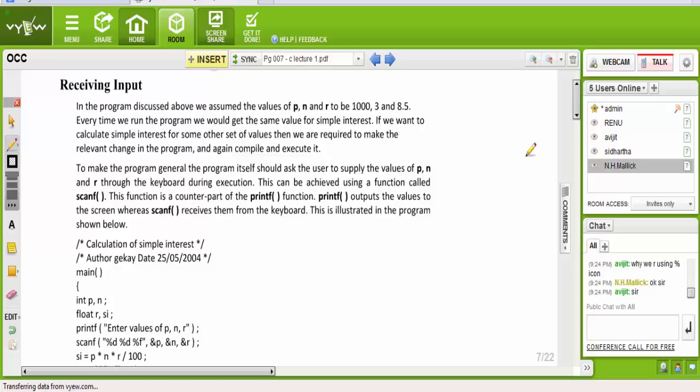Now we do not give them. Now this option is in the hand of the user who is going to calculate. Your program should now be like a calculator. They put the value of principal, the number of years, the rate of interest, and your program calculates the simple interest. It will be better, yes or no?